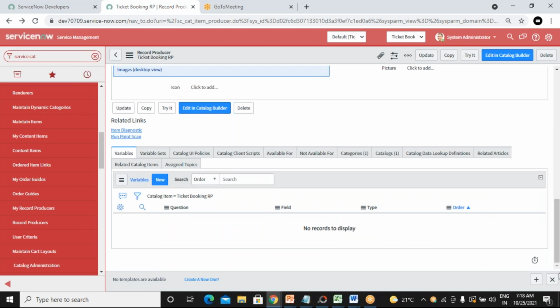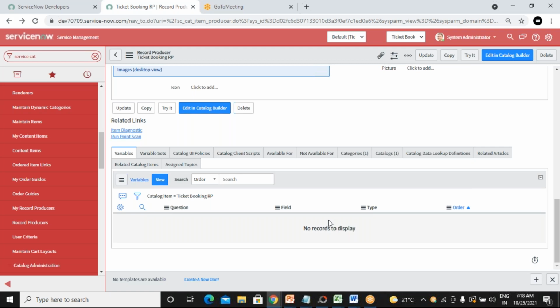Let me show you how to add variables and also how to validate them. We already learned in the catalog item how to add variables and how to create variable sets as well, but here again we will see how to create variables and how to validate them.